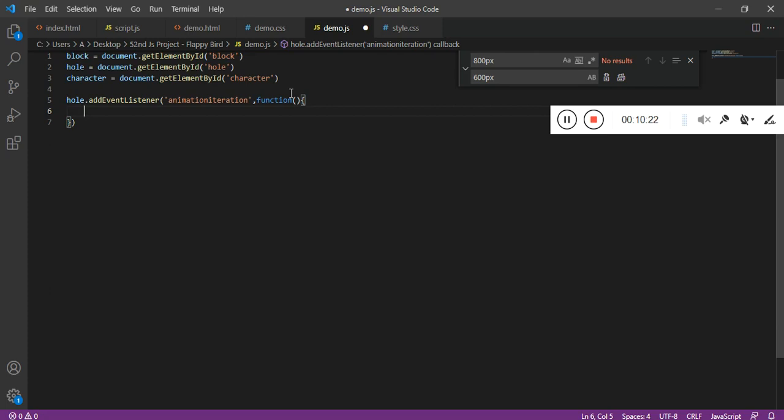and here what we need is we need to get the random number. So Math.random, this is going to give the value from 0.0 to 1.0. So I want it to multiply by 300, so that I get the value starting from 0 until the value 300.